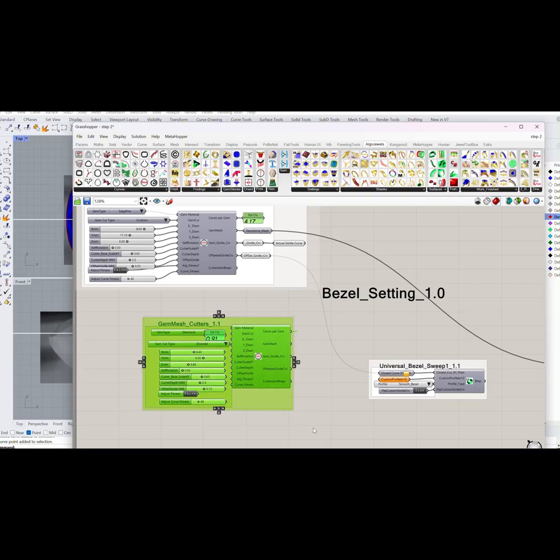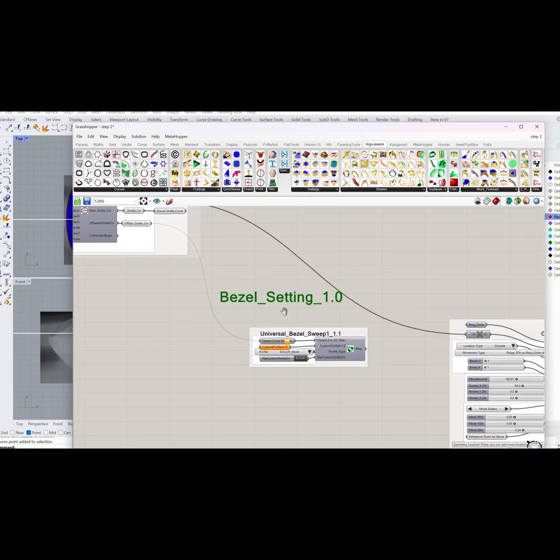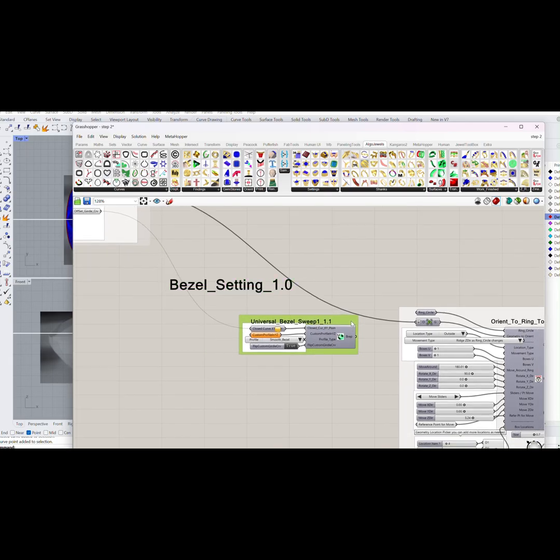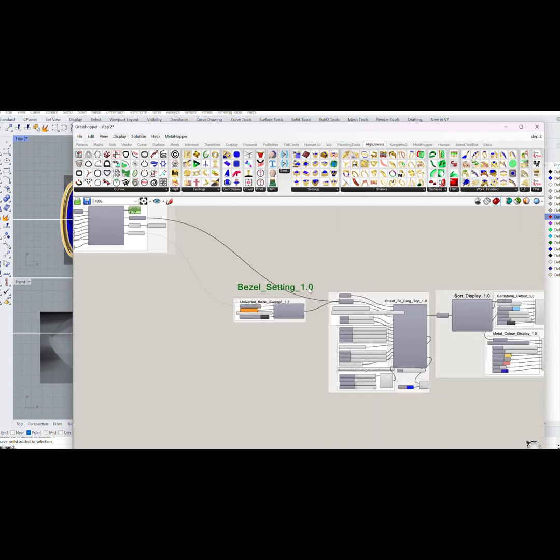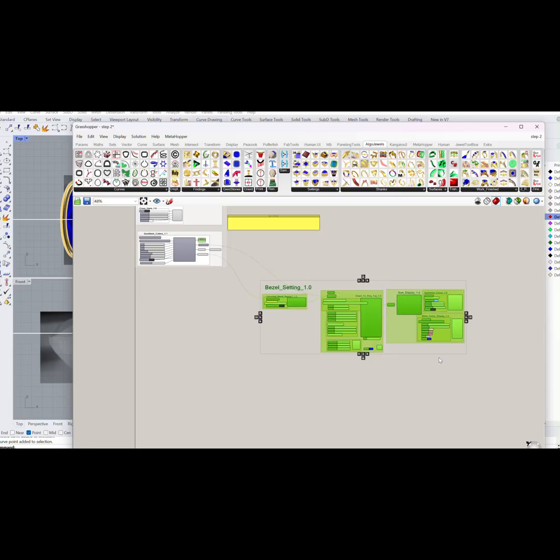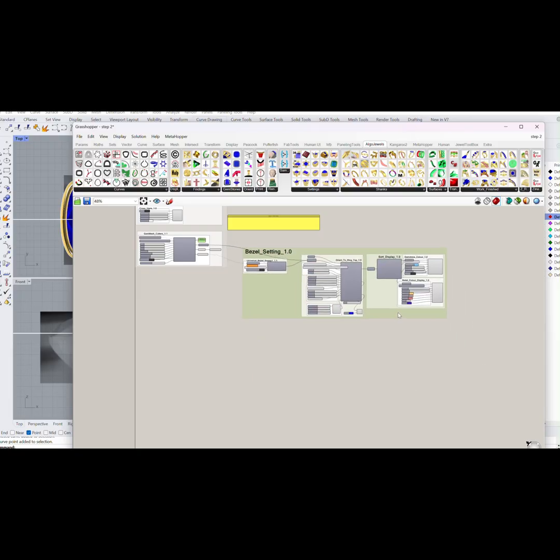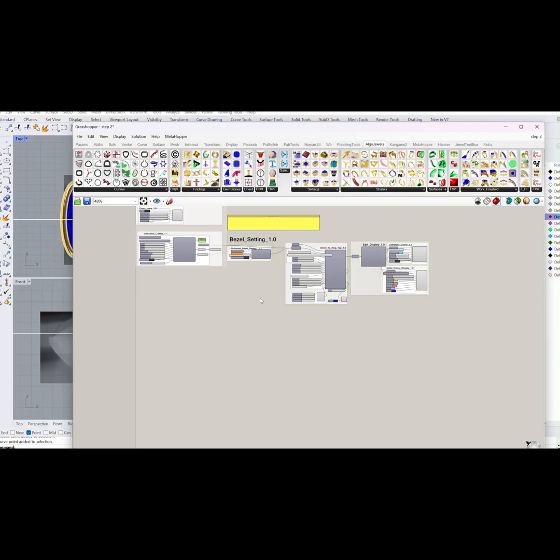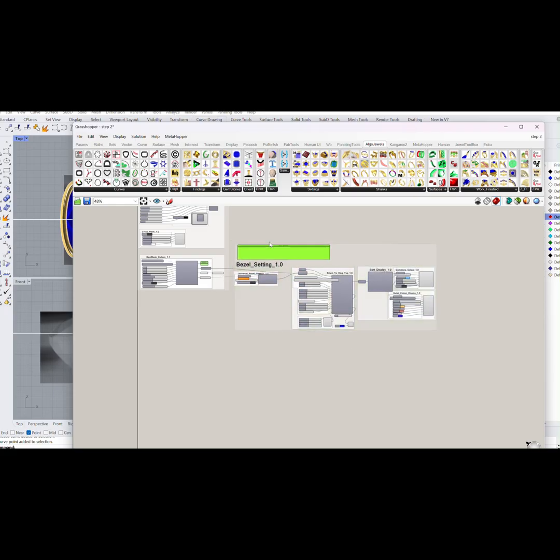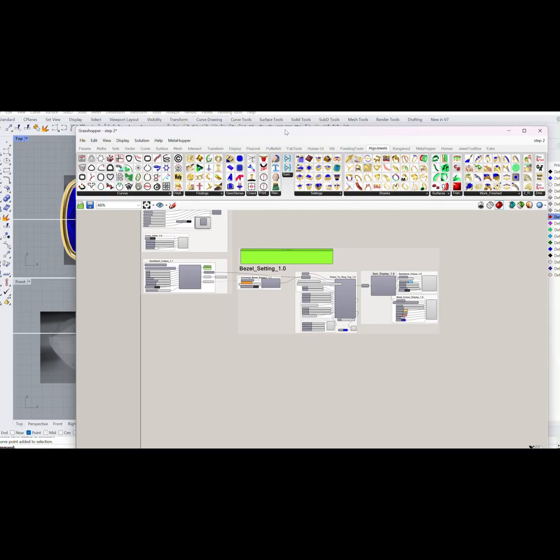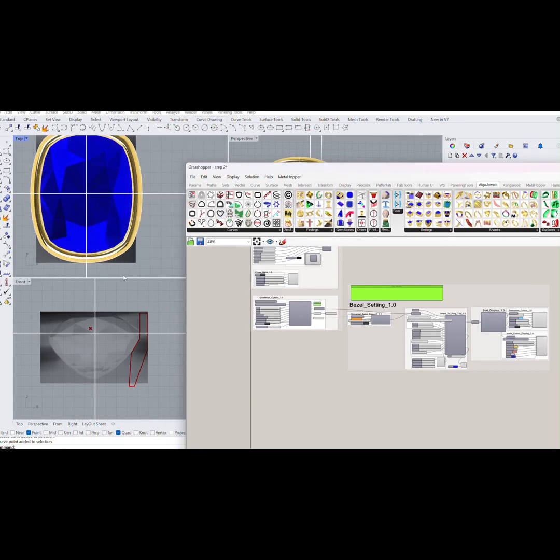We're going to bring that in here. We're going to delete this, bring this back down, and bring this in here. Okay. I'm going to group this. Now, what we need to do is bring